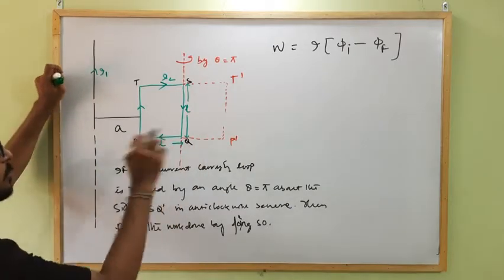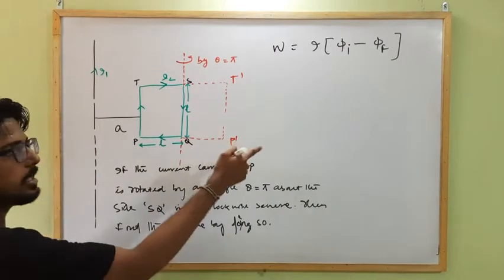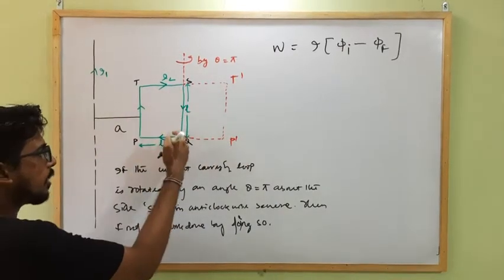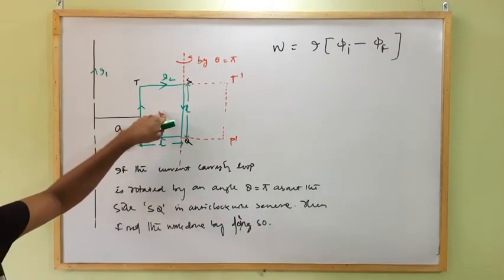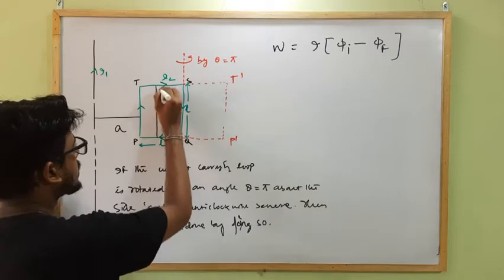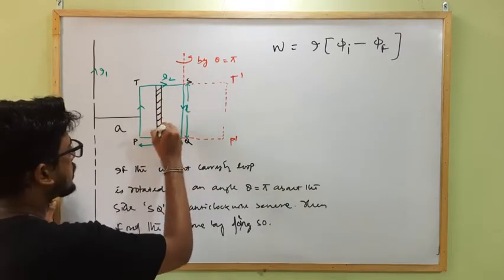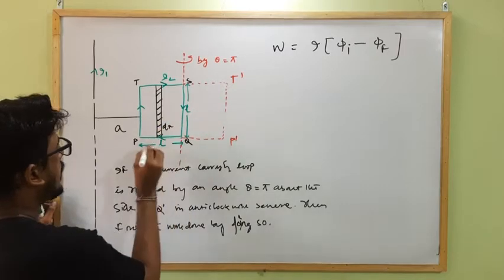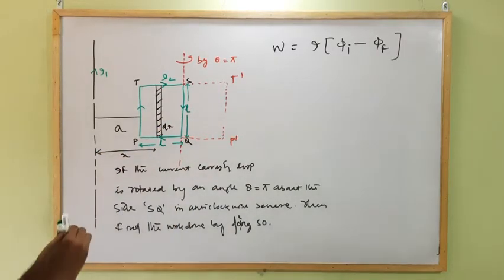So our aim is to find out the flux linked with this coil at this position. Previously we already discussed how to calculate the flux linked with this coil at this position. So similarly we have to consider a small segment of width dx at a distance x. So now we have to find out the magnetic field strength linked with it.